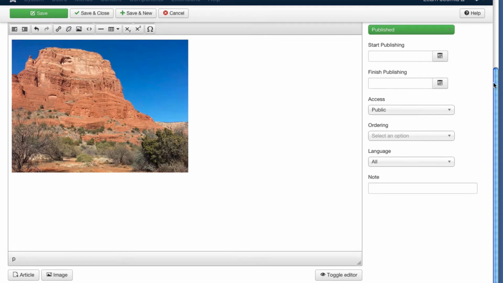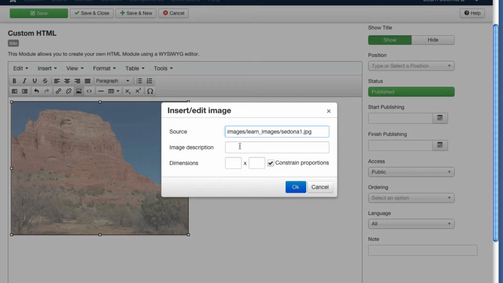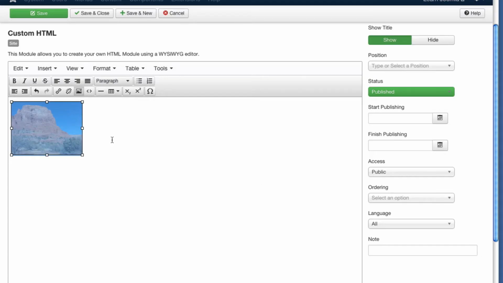Photo is a bit big, so click on the photo and then click on the Insert Edit Image icon at the top of the editor. Make sure that Constrain Proportions is checked, and then put a value in here somewhere around 150, 180, 200. Then click OK. Click off of the image, press the Enter or Return key, and now let's go ahead and add